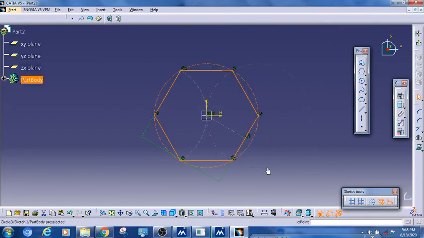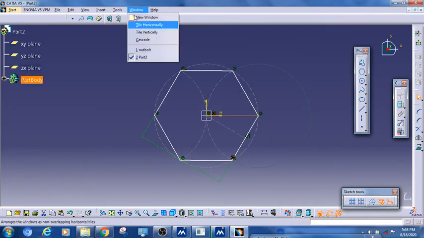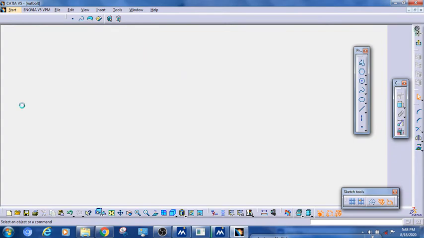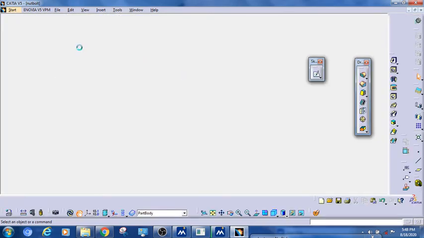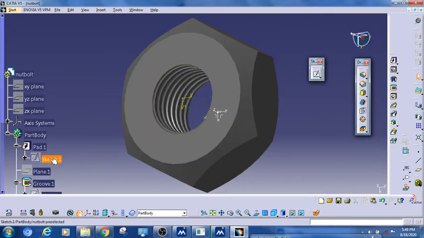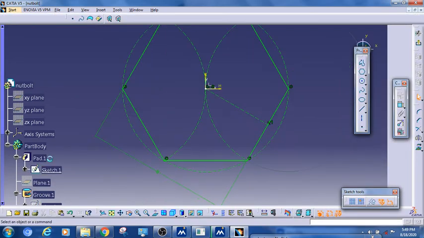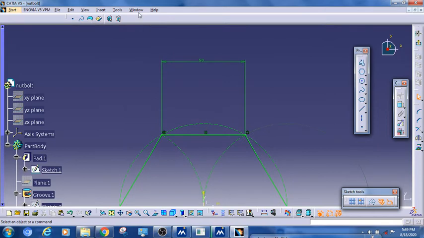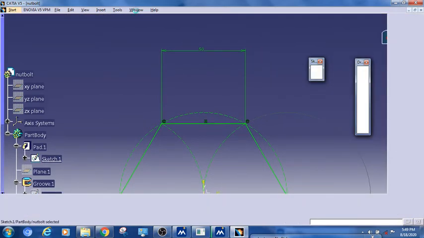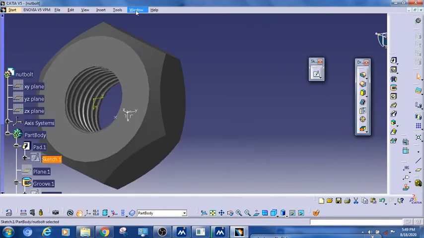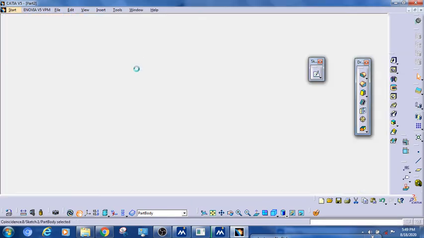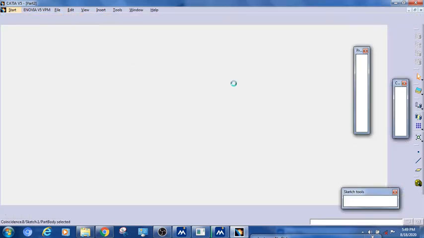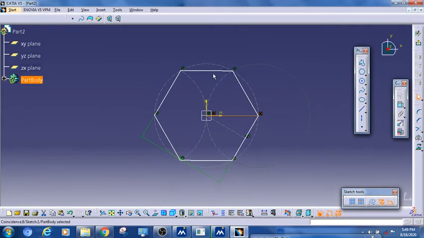Here we have to check what dimension we have given. Double click on sketch, and here you can see we have given 50. Part 2, you can change the name while saving, and here I will give 50.